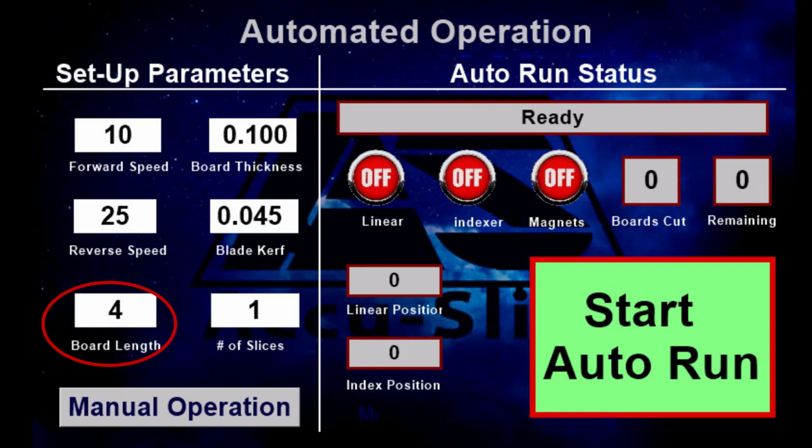This value can only be entered as an integer in whole numbers, and you should always check and double check this value before actual slicing of a board. The final value is the number of board slices that you want to slice from a board. If you set this value to 1, it will just cut a single board and then return to the initial starting position and stop. If you set it to a higher value, it will operate continuously to slice that number